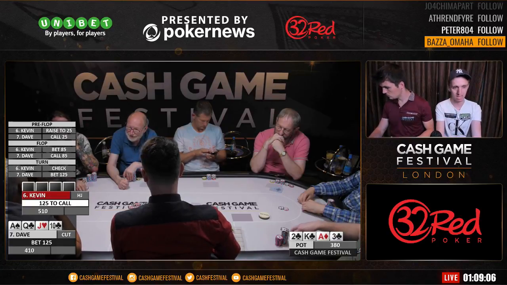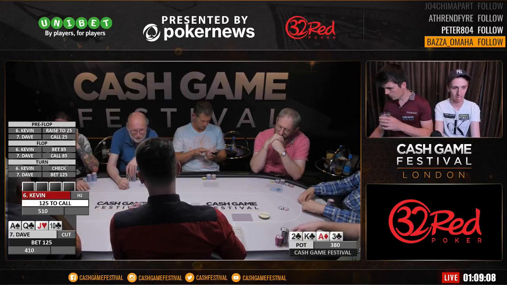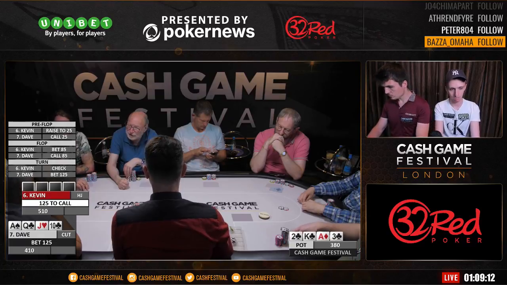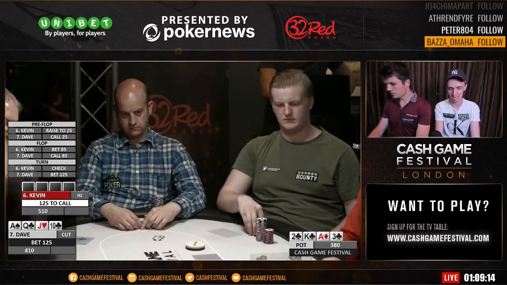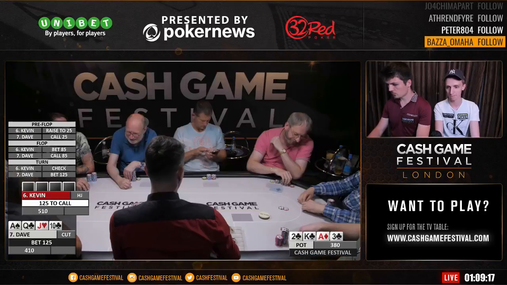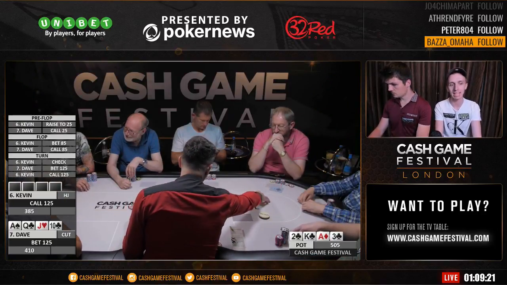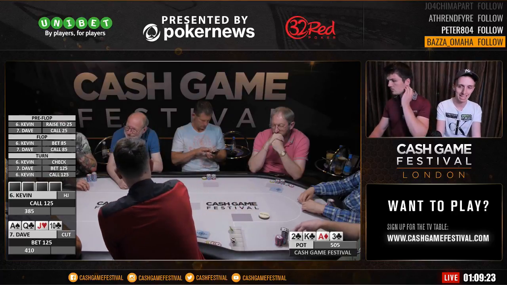So Dave does bet here after turning the king high flush, and we are still sweating with Kevin. We've seen him in the past turn naked aces into a bluff. We've seen him turn blockers into a bluff. He does decide to call, which makes me feel like he has a hand like ace